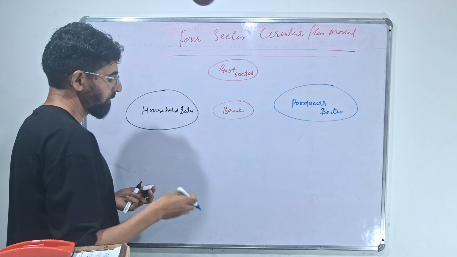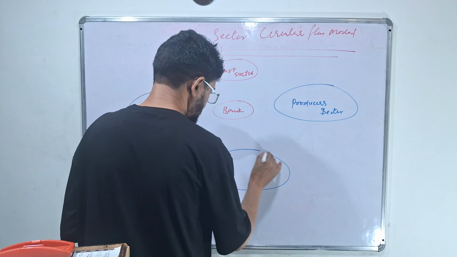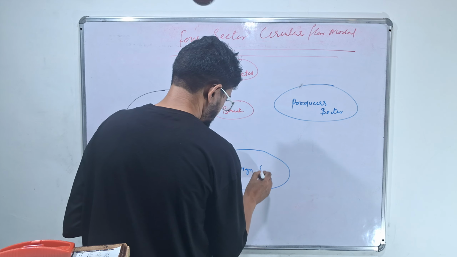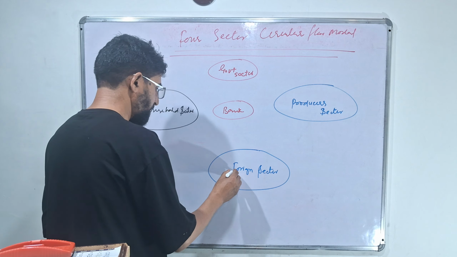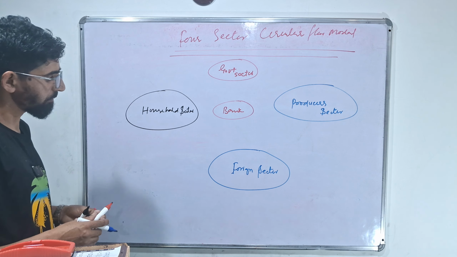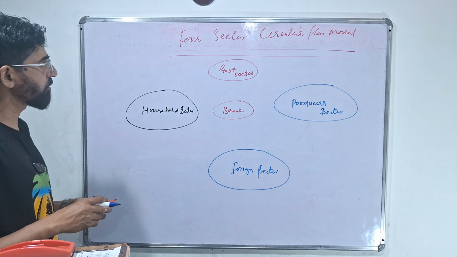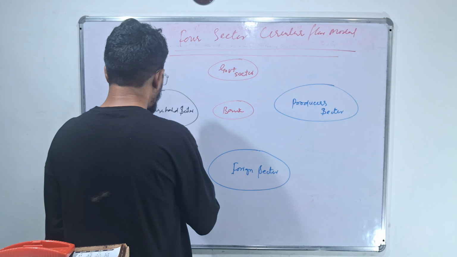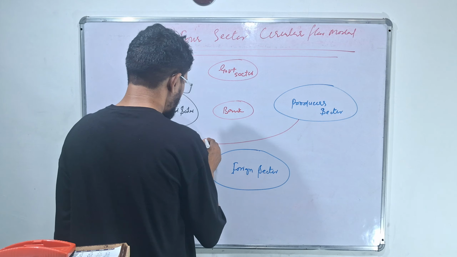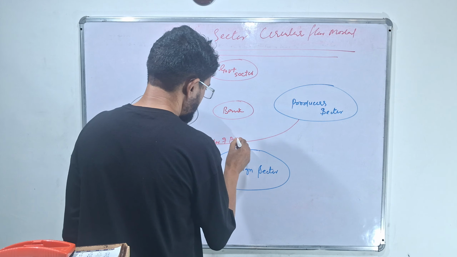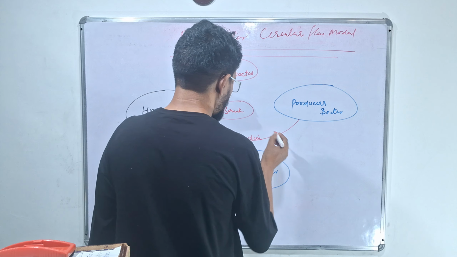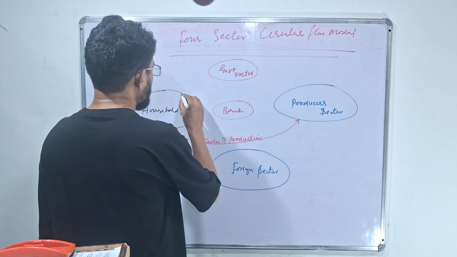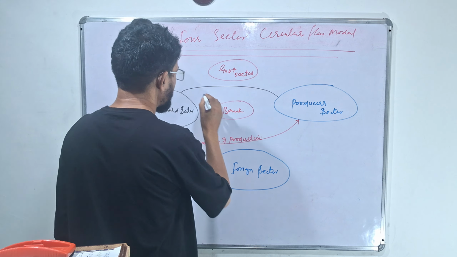Today we will try to see what is the relation between these three sectors with the rest of the world sector, meaning foreign sector. In previous lectures I showed you a relationship: the household sector provides factors of production to the producer sector, meaning land, labor and capital. The producer sector in return provides factor payments